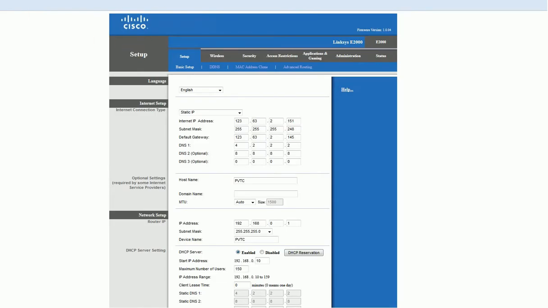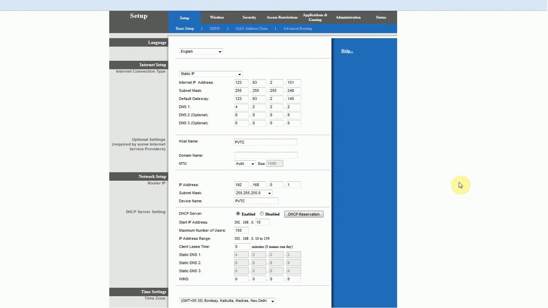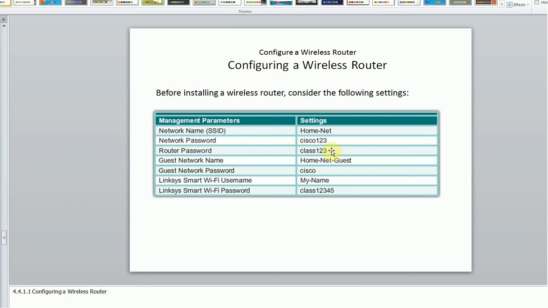If I get connected to a particular router, this is how the page looks when we get connected to a wireless router. It asks for authentication. Here this is the router password, and we can give the username and password.